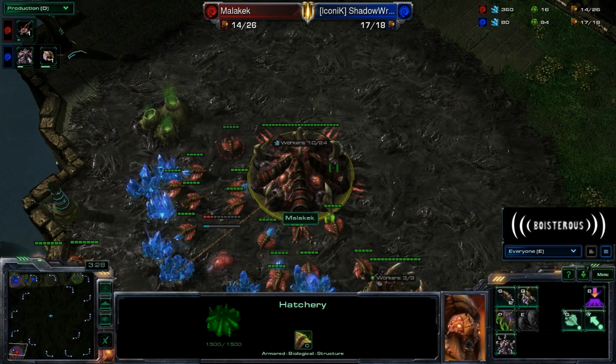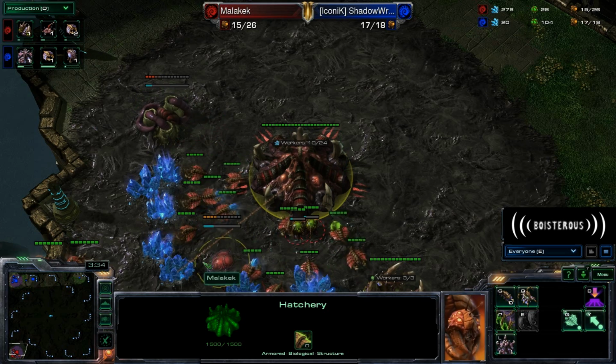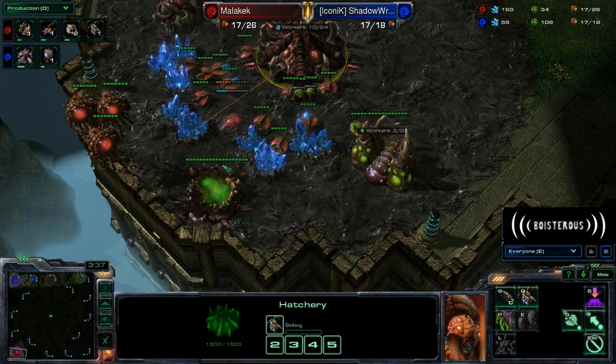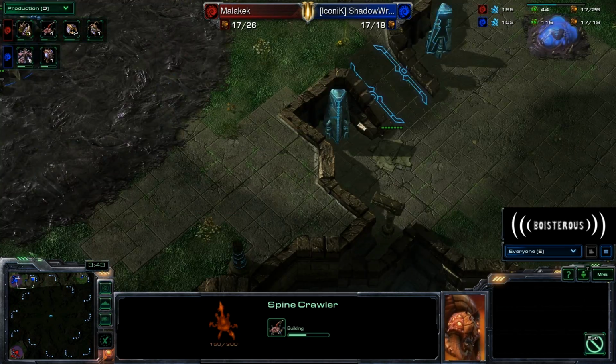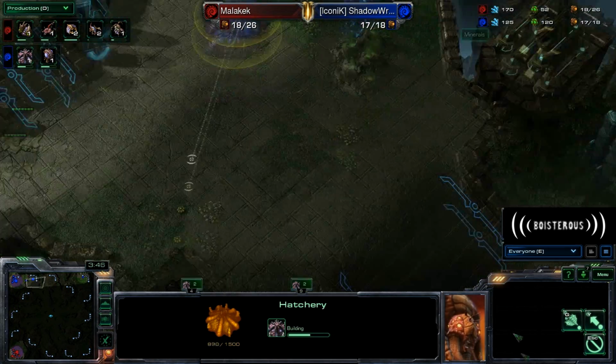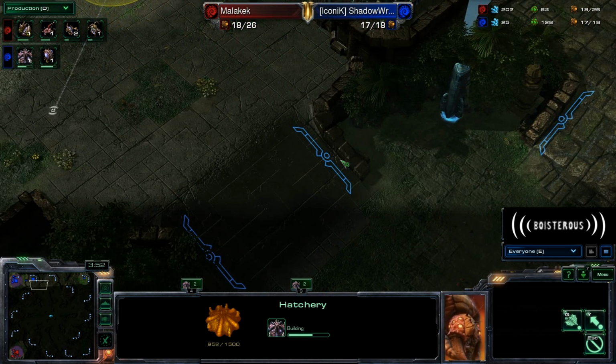So anyway, we have both of our players going for very standard builds. I mean, ZVZ hasn't changed much with the transition into Heart of the Swarm. It's still by and large the same matchup. And we see Malakek going for a very, very defensive build, the Spinecrawler in the main base. Well, ShadowWraith, even though he has no idea that happened, is going for the fast expand and completely capitalizing